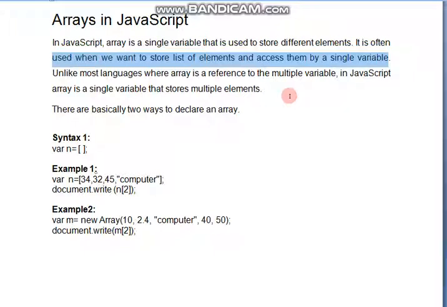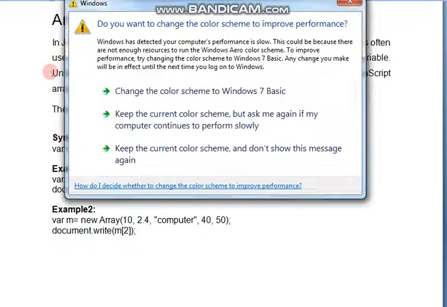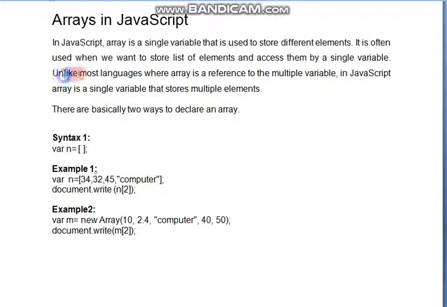Not only can it keep multiple values, but it can also hold multiple types of values, which I am going to explain. Unlike most languages where an array is a reference to multiple variables, in JavaScript an array is a single variable that stores multiple elements. See, multiple elements.